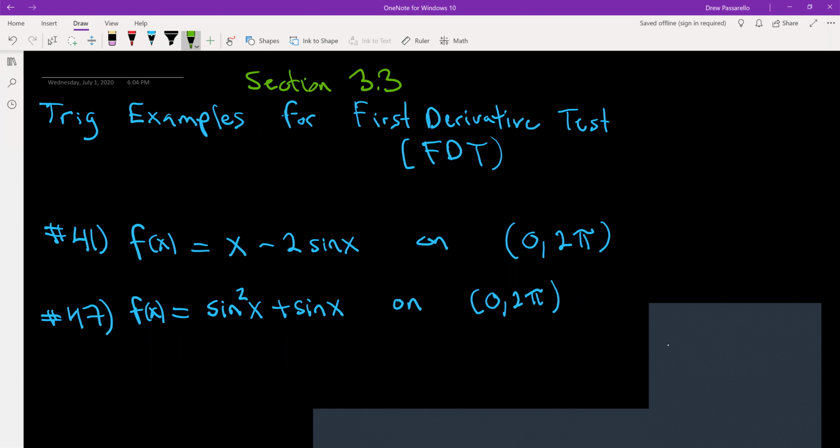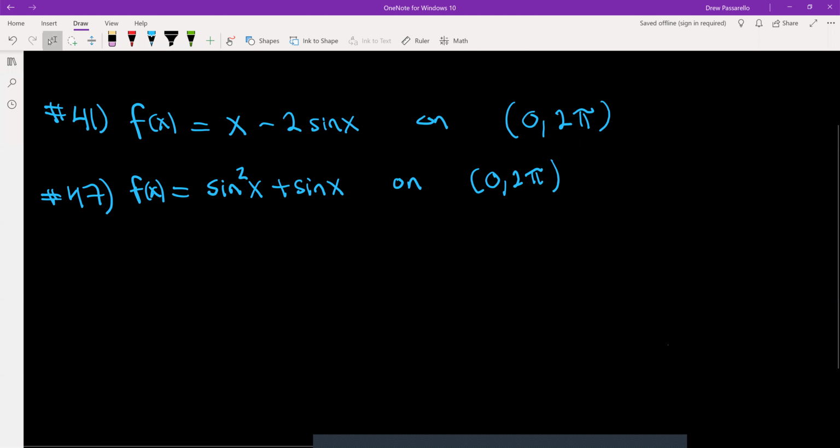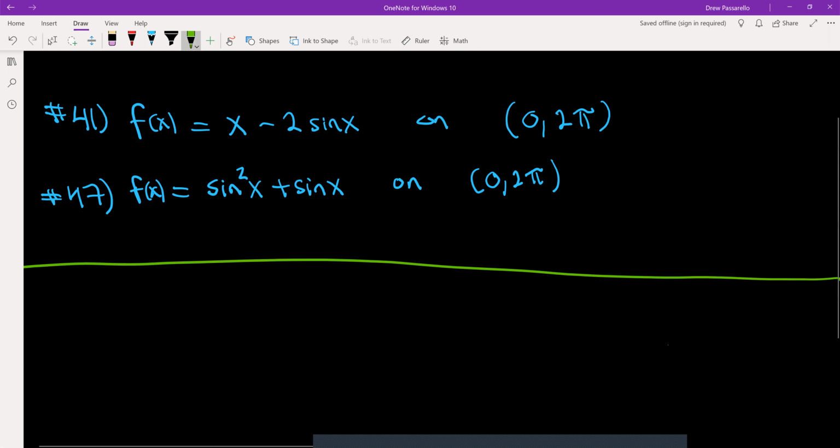Right, so this video covers the last two examples for this section, 3.3, applying the first derivative test, and this is going to be two examples involving trig functions. All right, so at this stage, assuming you have seen the other videos, so number 41,